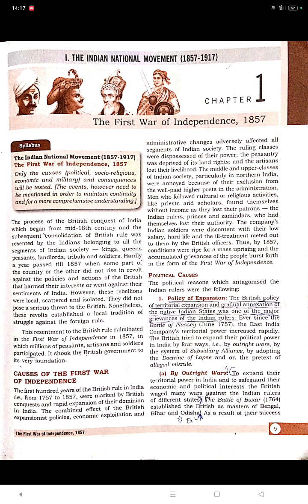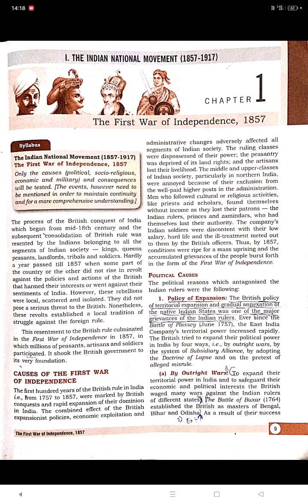Here, this paragraph is telling that it was the first mass uprising and it paved the way for the modern national movement. Do you get it, children? My friends, it is the first mass uprising, and it paved the way, means it showed the way, for the modern national movement. What is the modern national movement? This is only the First War of Independence 1857.